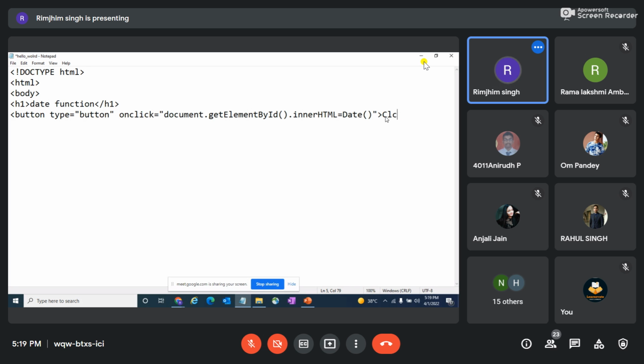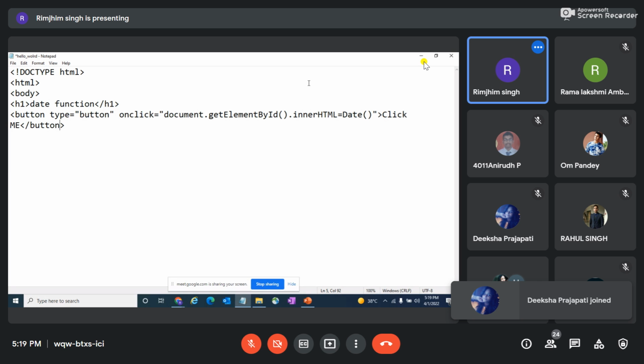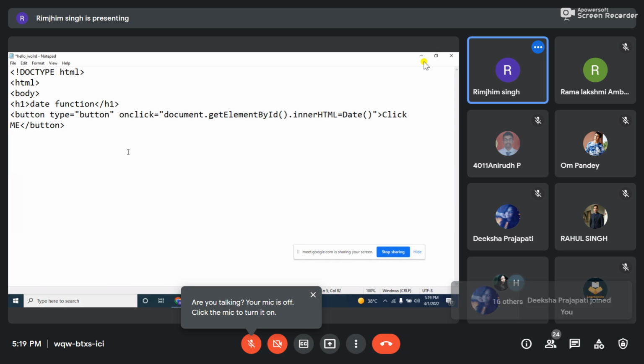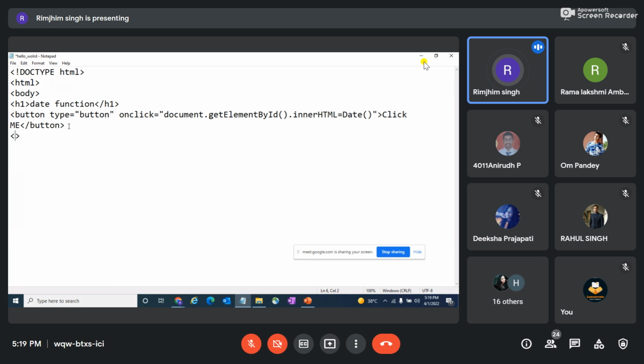Okay, and then I'll close it, and after the braces, whatever we write will be the name of my button. Herein I'll put click me, and then I'll close my button. And as class we all know, every one of us has a unique ID, for example PAN numbers, Aadhaar number.